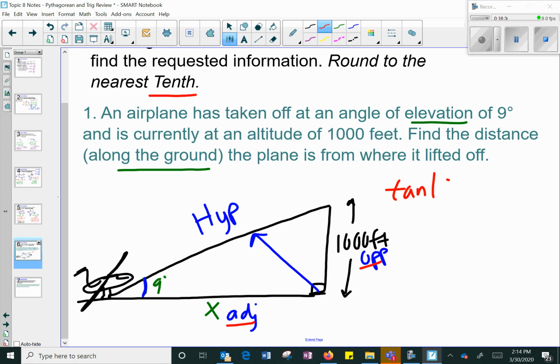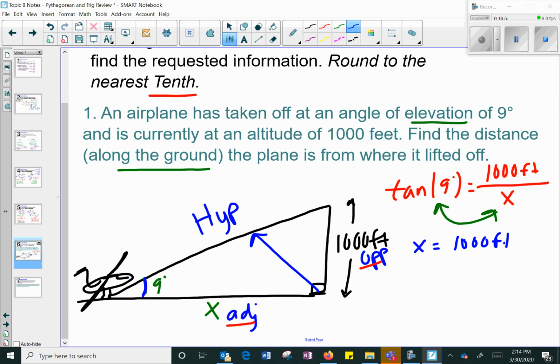So we'll do tangent of 9 degrees is equal to 1,000 feet all over x. When x is in the denominator, we do our switcheroonie here. That 9 is in the tangent function, so it stays with it. And we'll end up with x on the left side is equal to 1,000 feet, all divided by